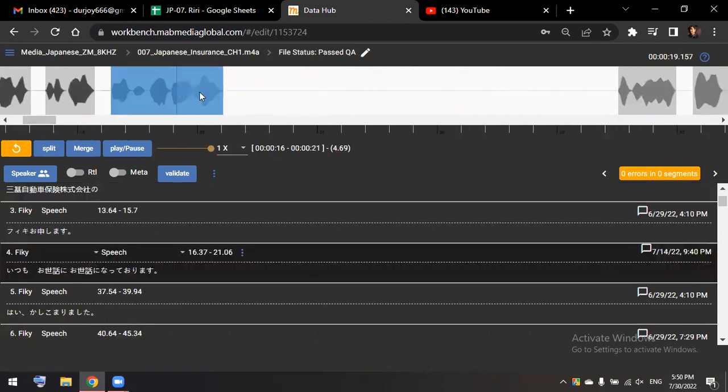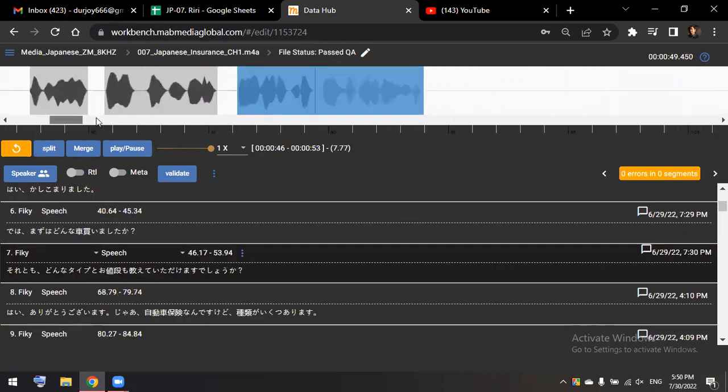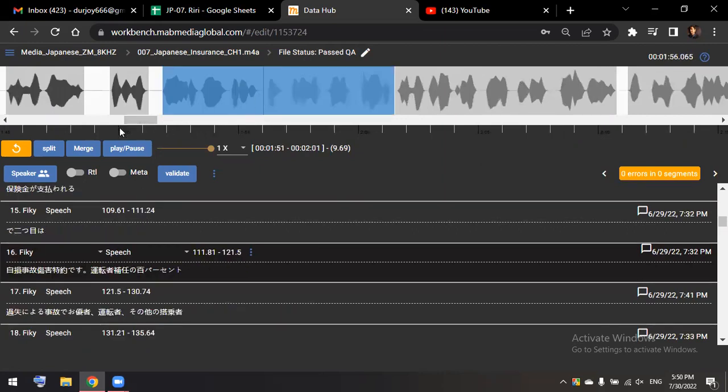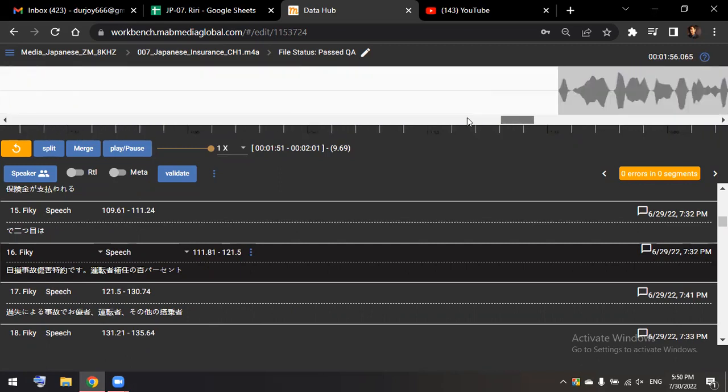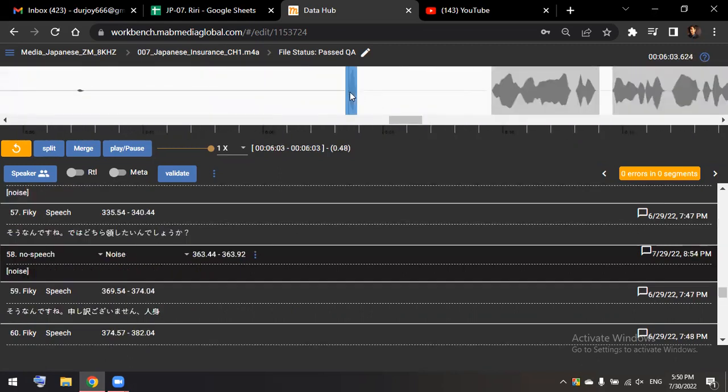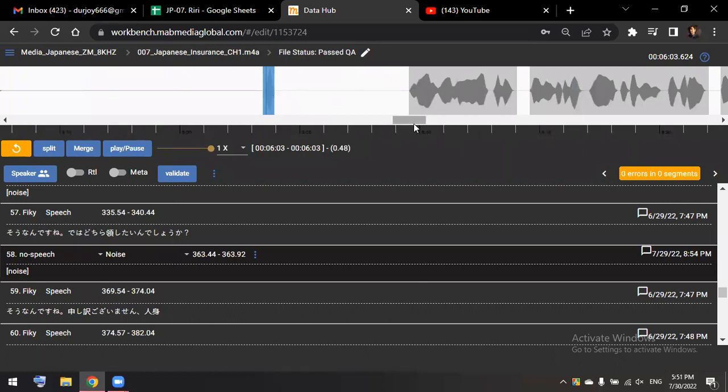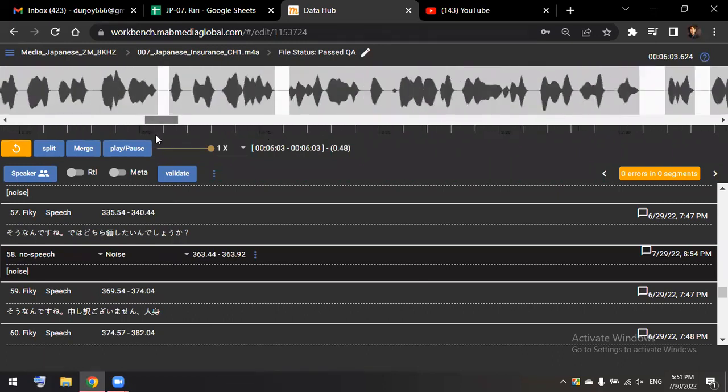So now this segment is already created. Those all segments are already created, so you don't have to think about how to create them. Almost all segments are created, so there's no need for that. You can see there is a tiny speech. There is no speech in here, but it's also selected as a segment.